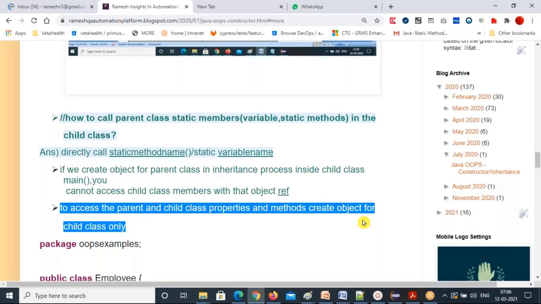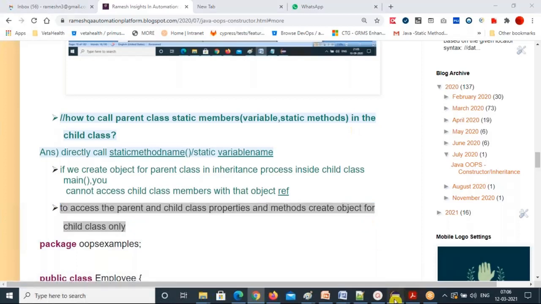With a single object, you can call both classes' non-static variables and non-static methods. These are the two important points.